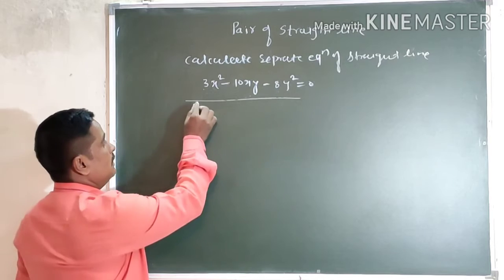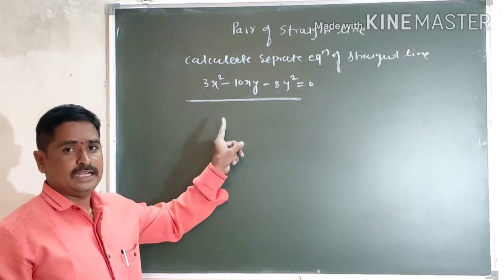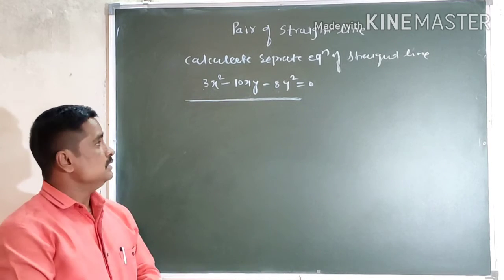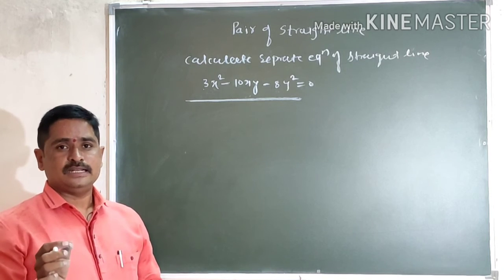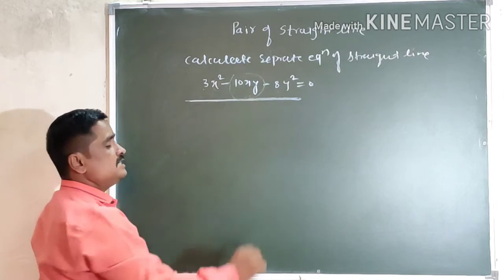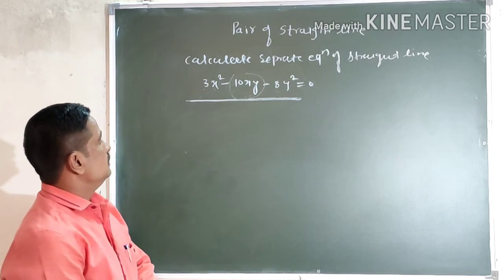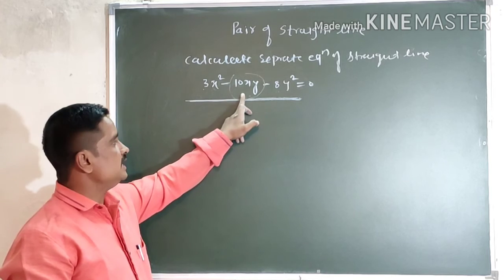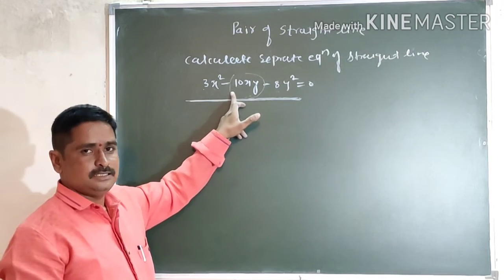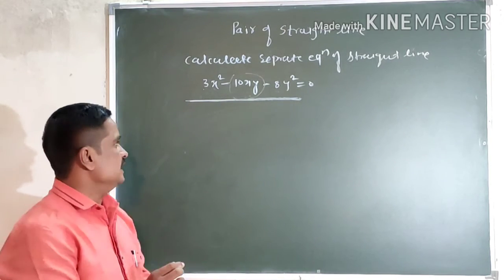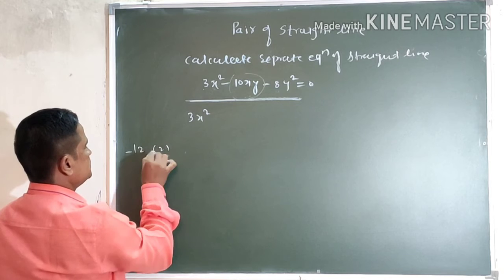minus 24. So we have to obtain minus 24, and we have to obtain those two factors which give the value minus 10xy. मग आपल्याला 24 ही संख्या पाहिजे आहे minus 24, आणि त्याचे जे फॅक्टर आहे ते फॅक्टर आपल्याला अशा प्रकारात अरेंज करायचे आहे की जेणेकरून त्यांची ऍडिशन किंवा सबट्रॅक्शन जे आहे ते minus 10xy यायला पाहिजे. मग आपल्याला माहिती आहे minus 12 into 2, that is equals to minus 24, and minus 12 plus 2 is equals to minus 10. So minus 12 and plus 2 are the factors.